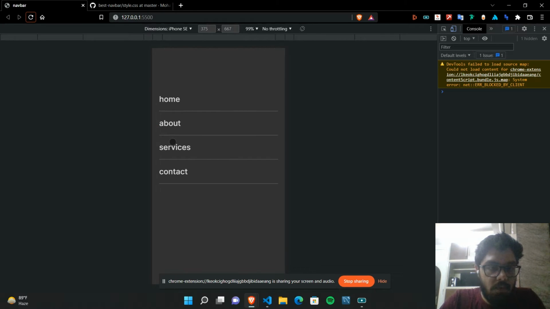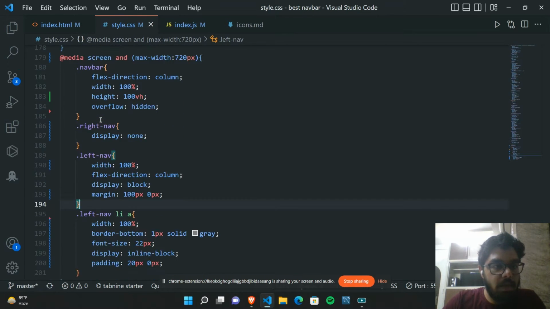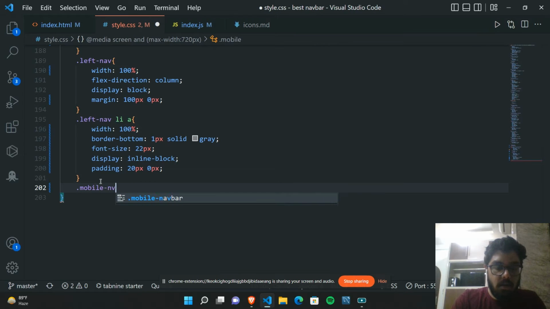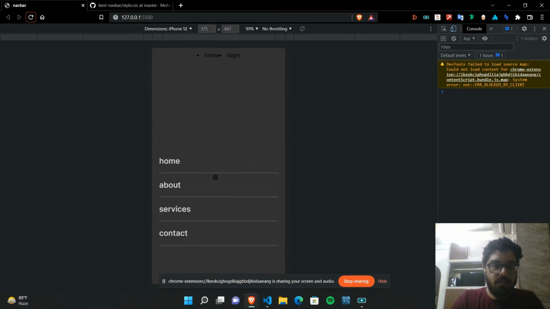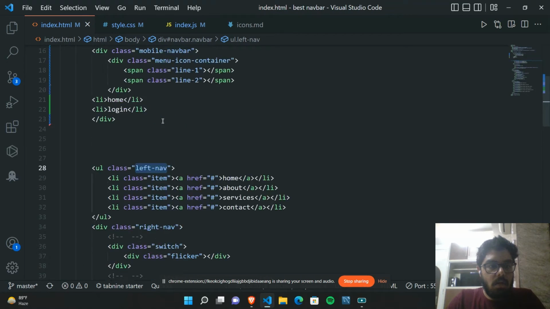Now what we can do is we can add the home, the menu icons, and the login button over here. So let's add it. We can say the mobile nav bar display flex. Okay, so now here we have it, the mobile nav home and login button. Let's just remove it. The mobile nav